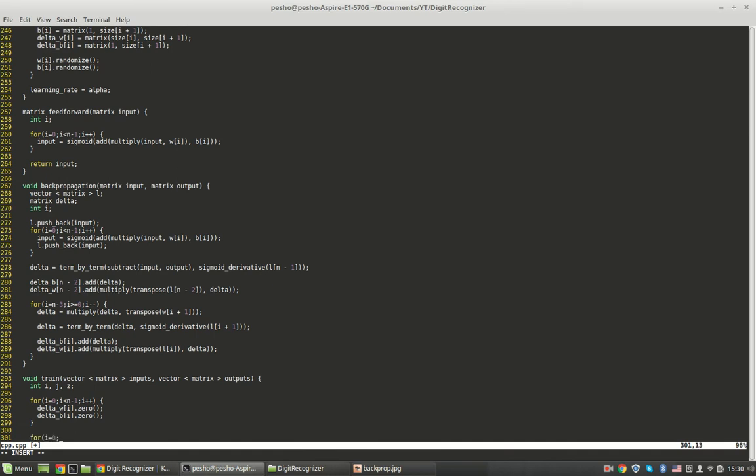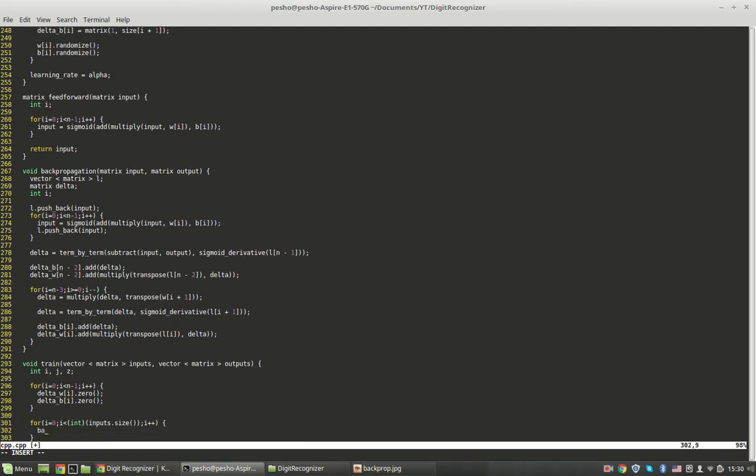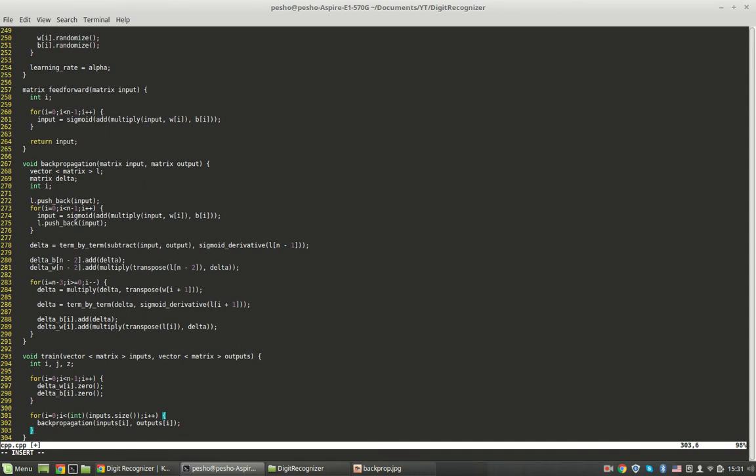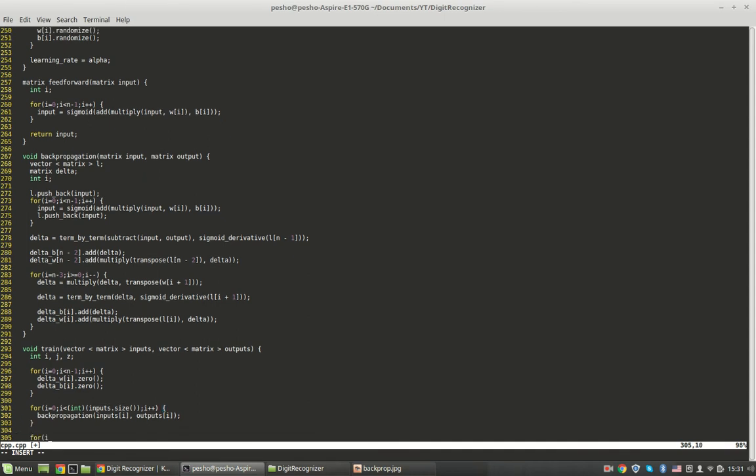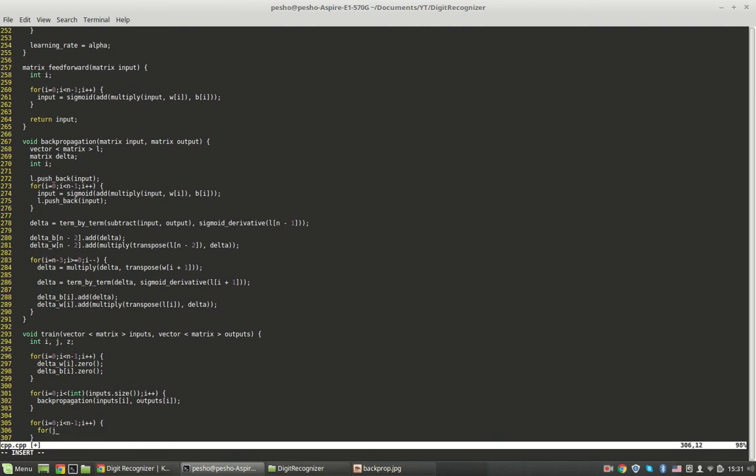Then we're going through all examples, and we're calling the backpropagation function with all of them. Okay. This helps us accumulate all gradients. And now the final step is simply to divide those delta values